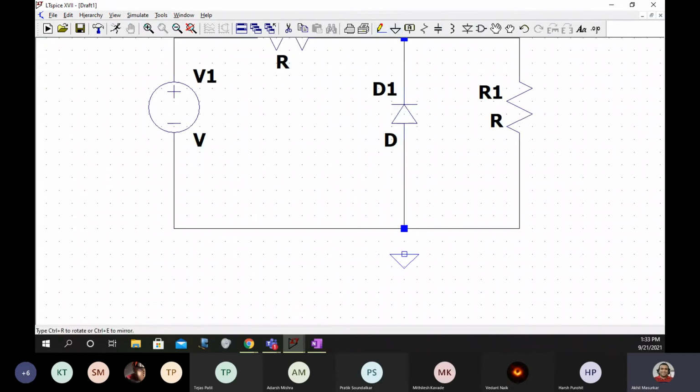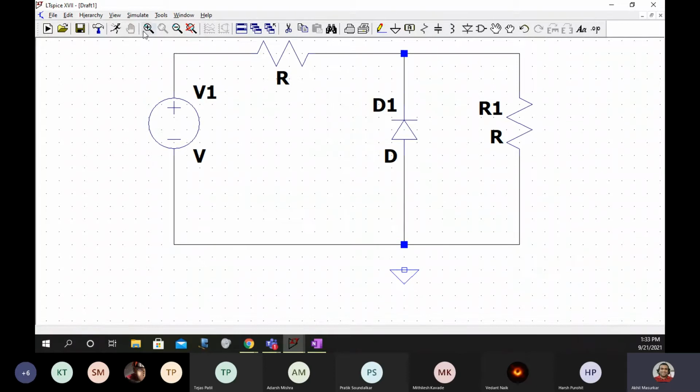Also connect the ground, which is a very important connection, and this is what you will do.